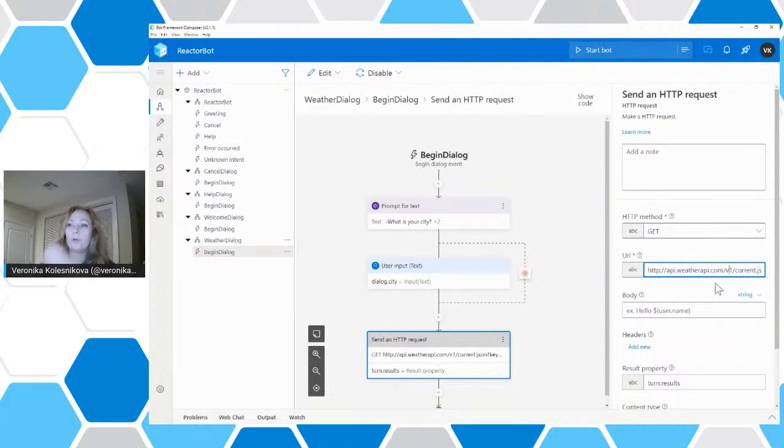So if you create your account there, you have access to documentation. You know how to actually access the API and how to call it. But yeah, I'm getting current weather. Here's my key that I grabbed from the Weather API website, and then I am passing dialog city. I don't need body right here,